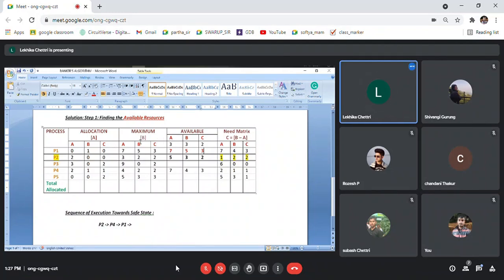Okay, so after P1, which one, class? P3. After P1 we went to P2, but P2 has already executed, so it is not there in the RAM anymore. Sorry, P2 has come out of the RAM. So next is P3. How much does P3 need? P3 needs 600. Do we have 600? Yes, 753. We have 753, so we can allow P3.